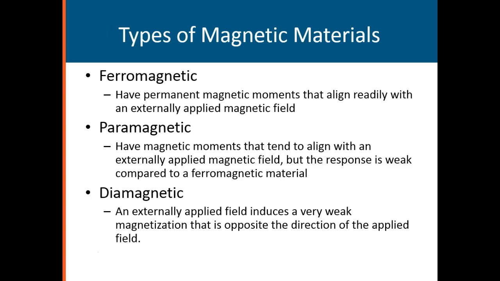Those are your iron cores inside electromagnets. You have paramagnetic materials. They have magnetic moments that tend to align with the external magnetic field, but the response is weak compared to the ferromagnetic materials. So there are some other materials that have paramagnetic moments. They're very weak though. And then we have one they call the diamagnetic